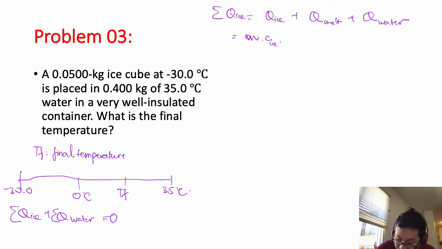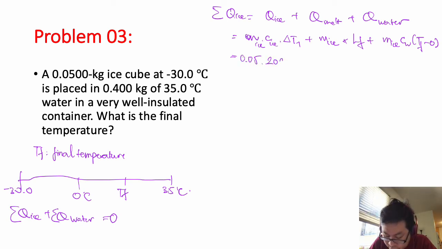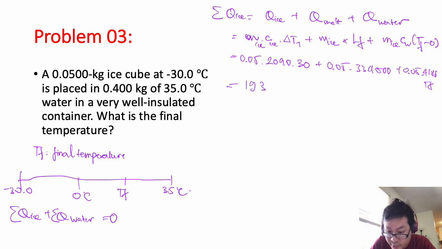equal to m c ice times ΔT1 plus m ice times Lf of the water plus m ice c water Tf minus 0, and we will have something like 5 times 0.9, 8, 20, 5 times 2, 3, 4, 5 times 1, 6, 6, Tf equal to plus Tf